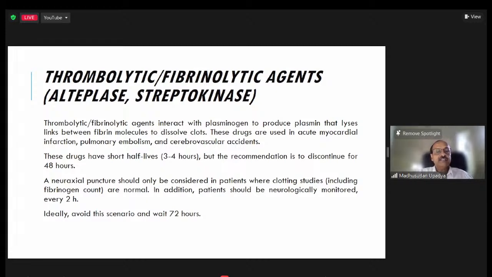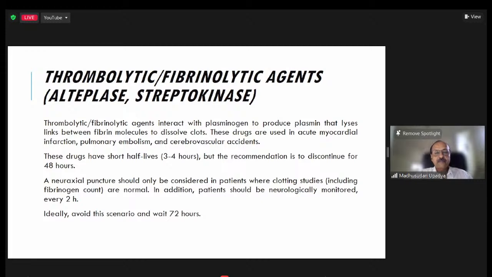The thrombolytic agents interact with plasminogen to produce plasmin that lyses links between the fibrin molecules to dissolve clots. These drugs are used in acute myocardial infarction, pulmonary embolism, and cerebrovascular accidents. These drugs generally have very short half-lives, about 3 to 4 hours, but the recommendation is to discontinue for 48 hours at least. And neuraxial puncture should only be considered in patients where clotting studies, including the fibrinogen count, are